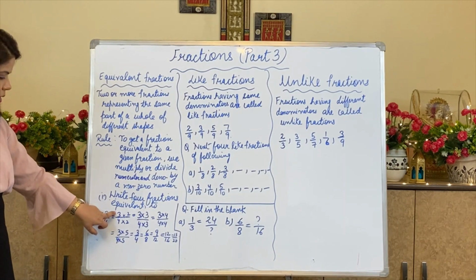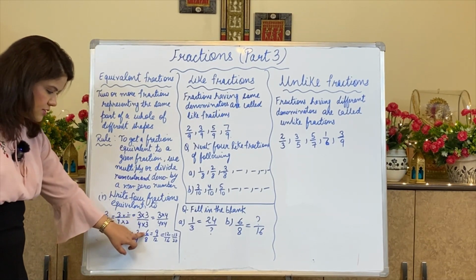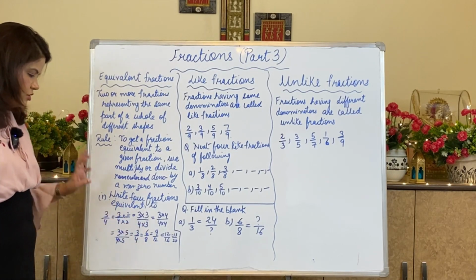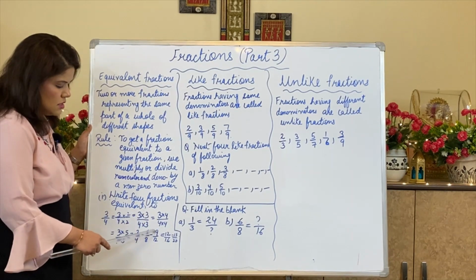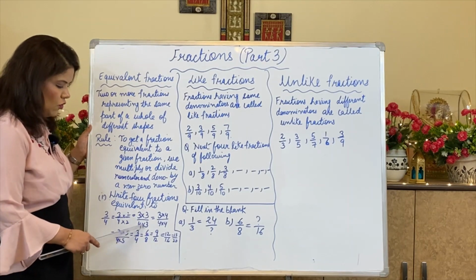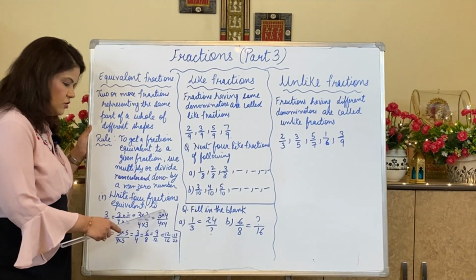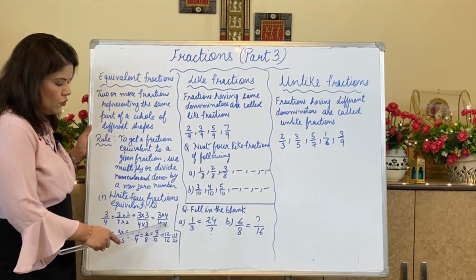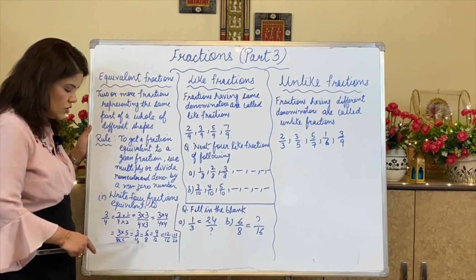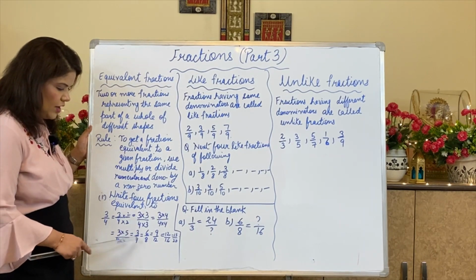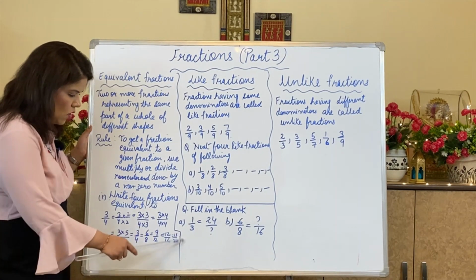From this I am getting 3 by 4. With this I am getting 3 into 2, 6, 4 into 2, 8. So 6 by 8. Then 3 into 3 is 9, 4 into 3 is 12. So this is 9 by 12. 3 into 4 is 12, 4 into 4 is 16. So these 4, and then 3 into 5 and 4 into 5. So these answers of